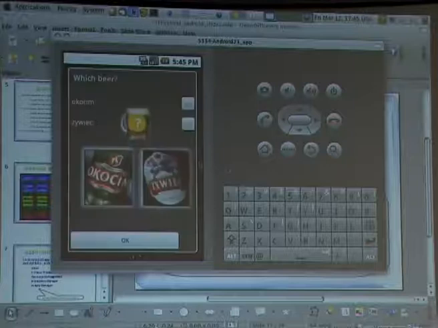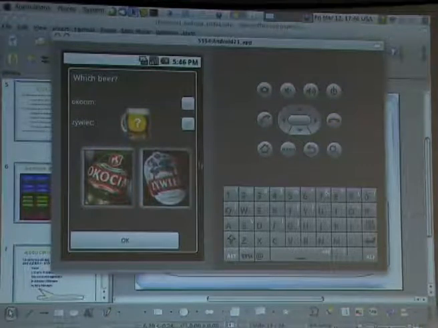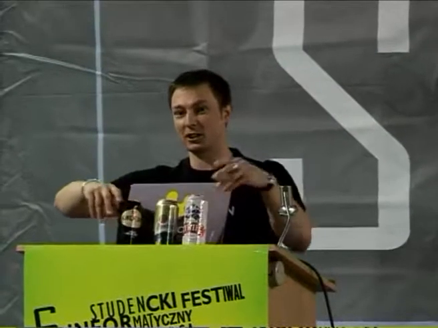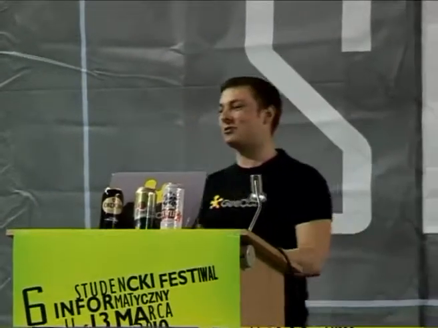Maybe I need some interaction from the user, and this is why I have this beer here for you, because I wanted to ask you which one you prefer. Żywiec? Oh, everybody. I'm really wondering how it is possible that you all prefer Żywiec.